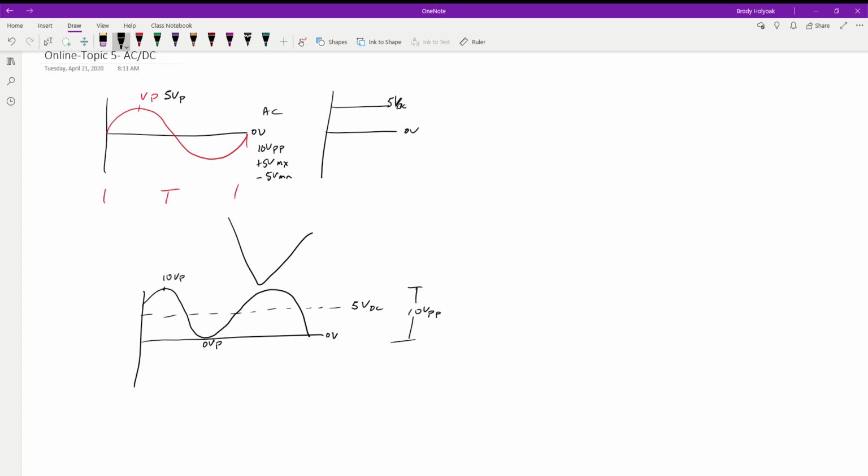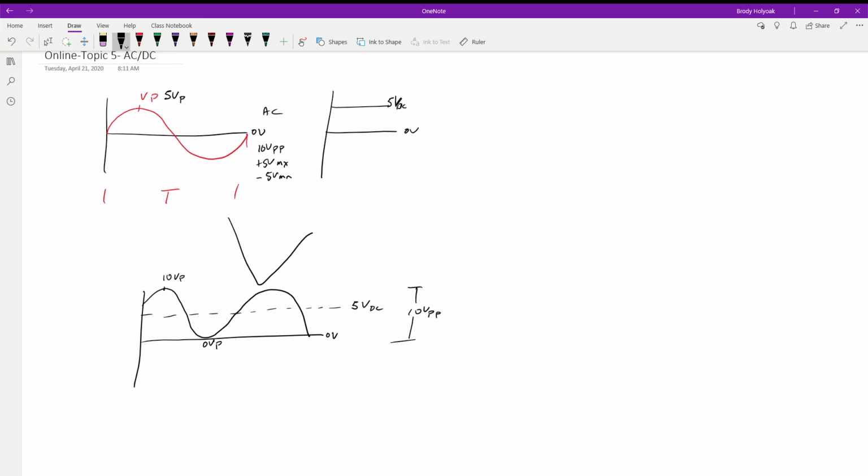The reason that we're learning about this is because we have signals that we cross all the time. Sometimes we want an AC signal, but we don't want it to go into the negative voltage. It may throw a motor in the reverse direction where we don't want it to. Maybe we just want it to come up to a voltage and speed up, then slow down, then speed up, and then slow down. That way we have this control, but it's not going to speed up, slow down, reverse, go faster in the reverse direction, slow down. Now we've shifted it to something a little more useful for us.